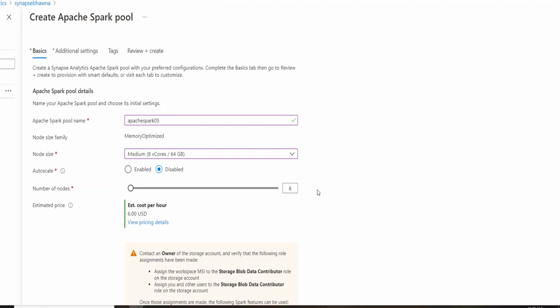If you have a job running and it requires only, let's say, 5 nodes, then with the auto scaling option disabled, your 6 nodes will be spun up irrespective of whether your job requires 3, 4 or 5 nodes. So you will have to pay for the 6 nodes.